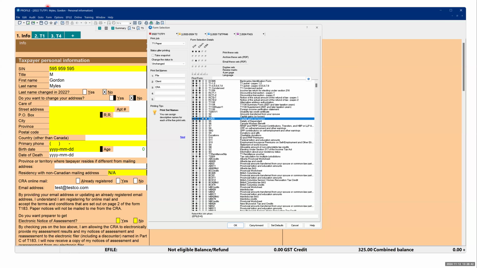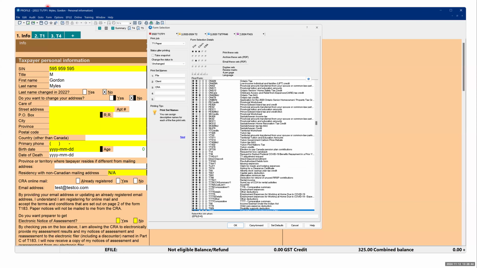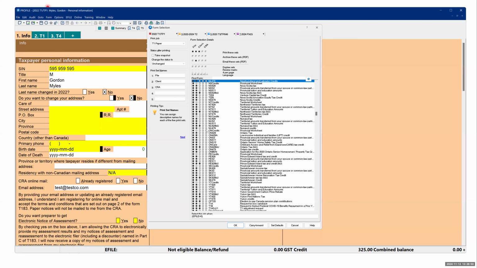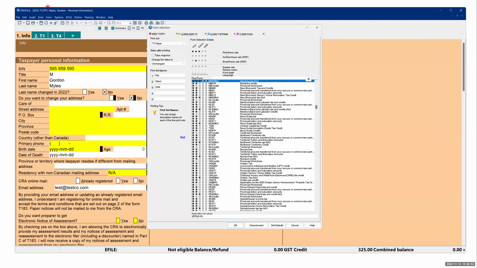And you can see the list is extensive. So I could pick what I want to give my clients. And then I could even see right over here where it says print these sets or archive these sets. So if I want to actually print hard copies, I could select print these sets. If I don't want to give my client hard copies, I would deselect print these sets and then select archive these sets. And then I could